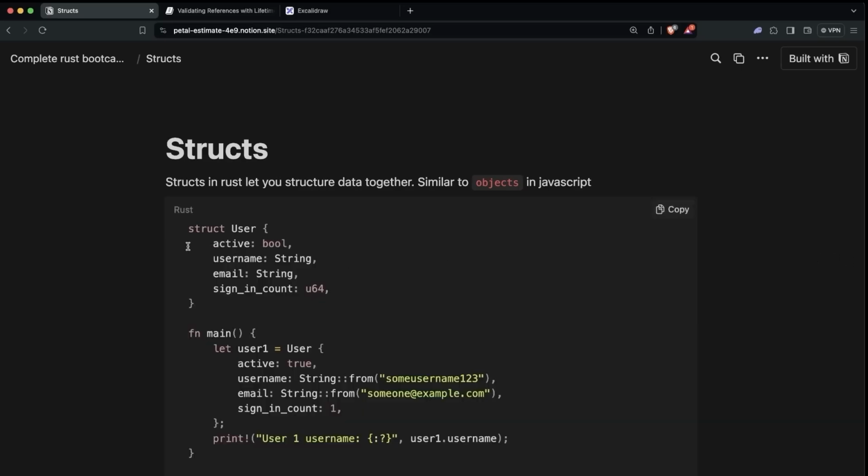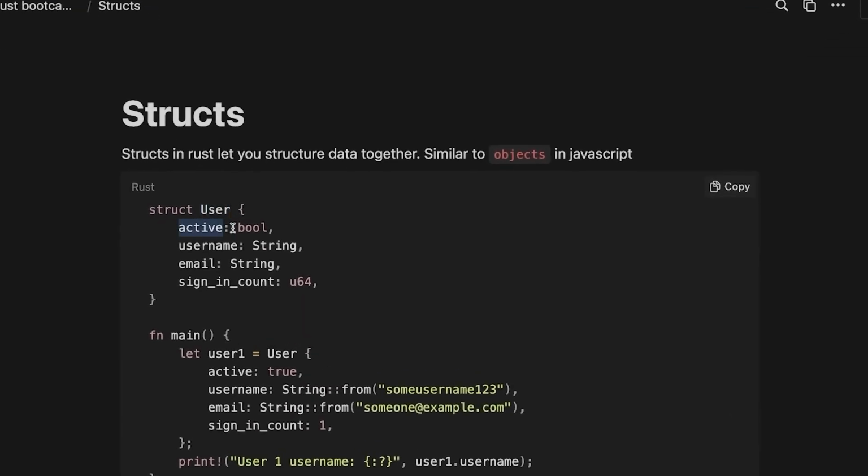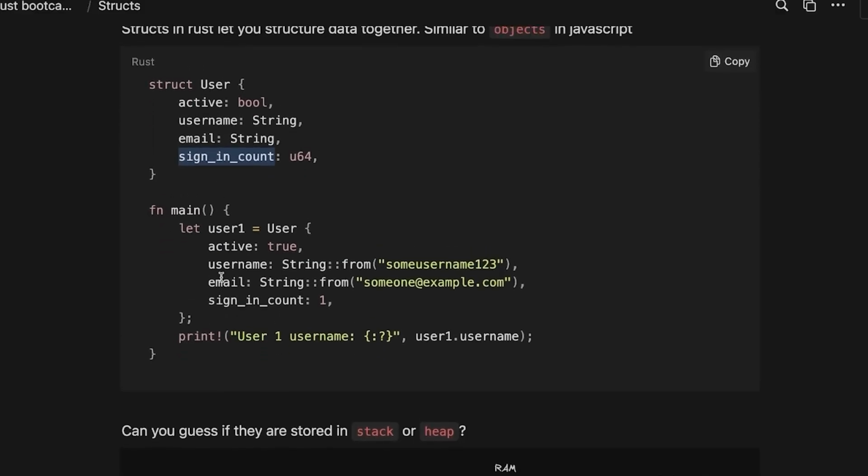If I go back here, what is a struct? Now you cannot create objects directly in Rust. Rust is very type safe. So you first have to define the structure of whatever you're creating, which in this case is a struct. Struct User: active, which is a boolean, username, which is a string, email, which is a string, and sign in count. Let's say how many times this user signed in. This is how you